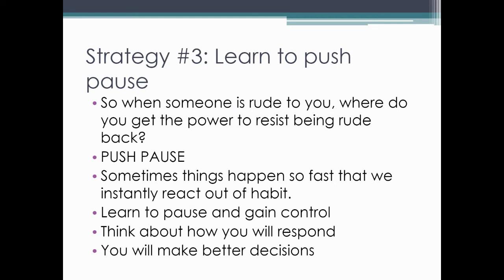Strategy number 3, we can learn to push pause. And this is what I find is the most helpful. Out of all of these different strategies, this is the easiest and the most helpful. So learning to press pause is just taking that 10 seconds, right? Maybe it's 10 seconds, 10 minutes, 10 days, and pressing pause so that you get some time to think about